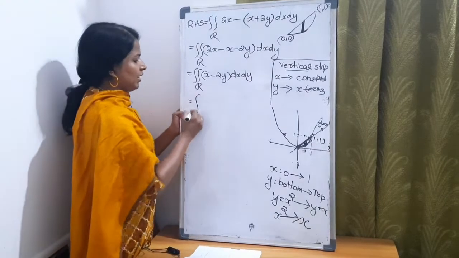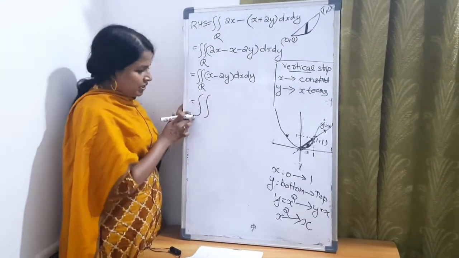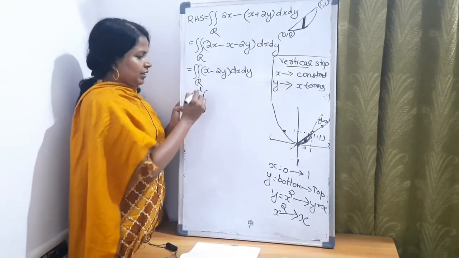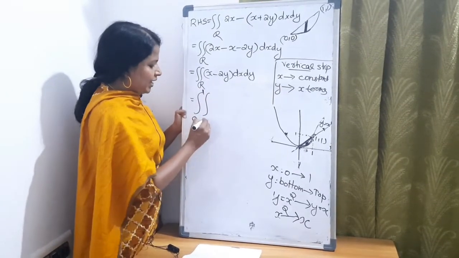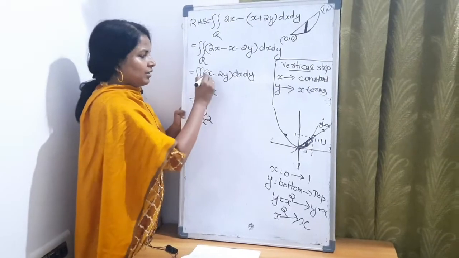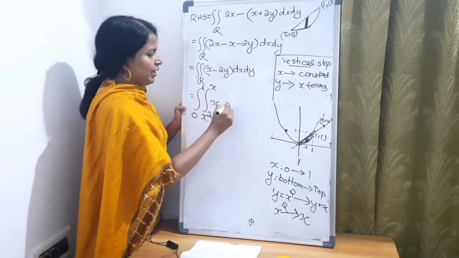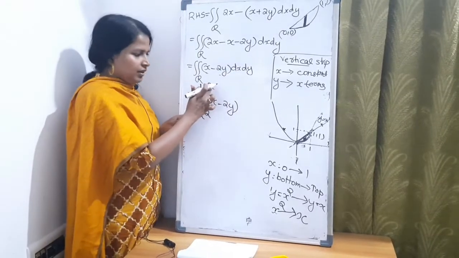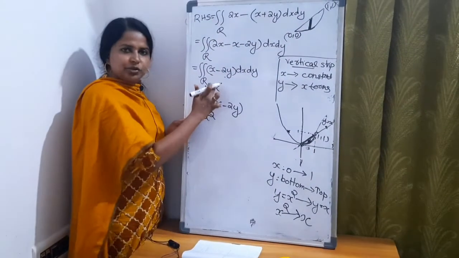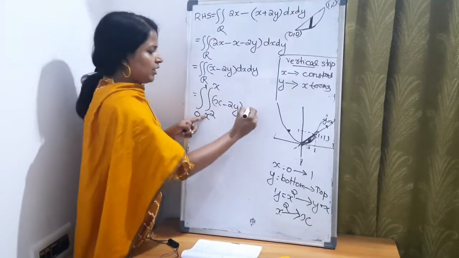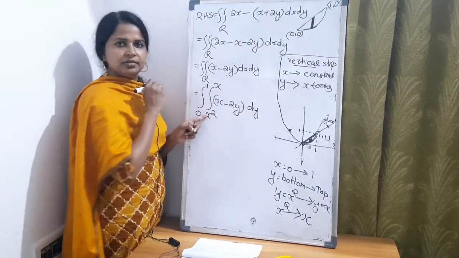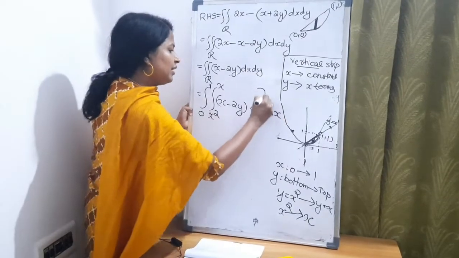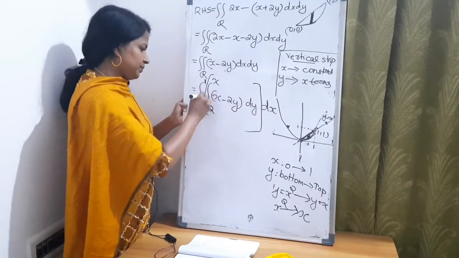That is the double integral. Listen. The constant limit is always outside, so here 0 to 1. Then the inner limit is x square to x. The term is x minus 2y, dx dy. What is the limit of x square to x? The limit of y, so we put here dy. Then this is the limit of x, so dx. Then integrate this inner part first.